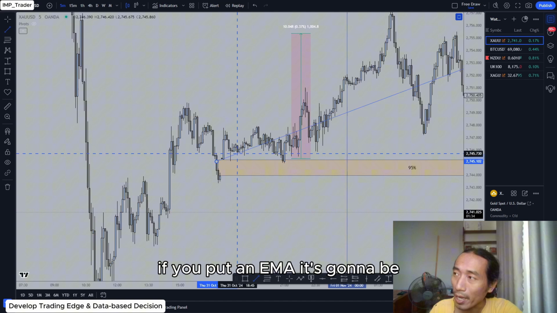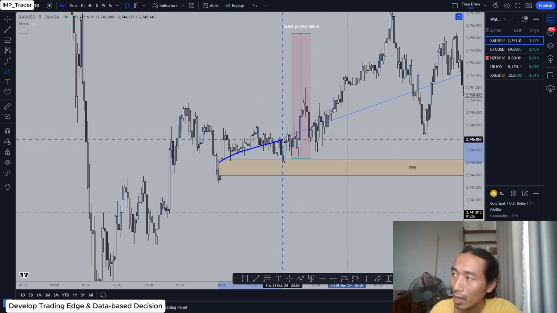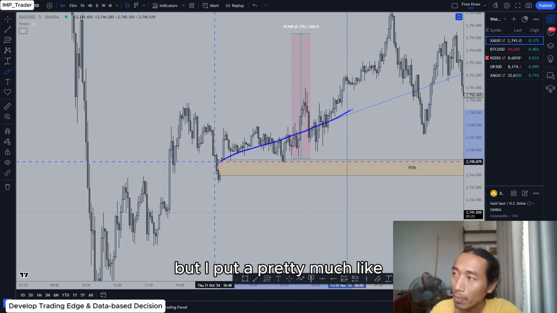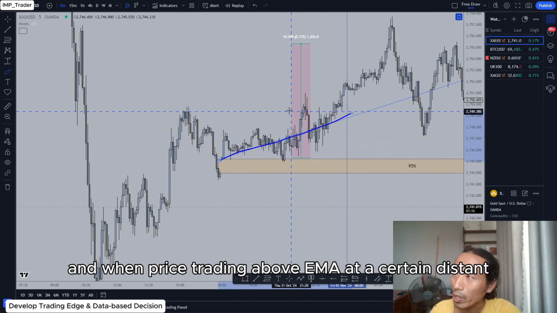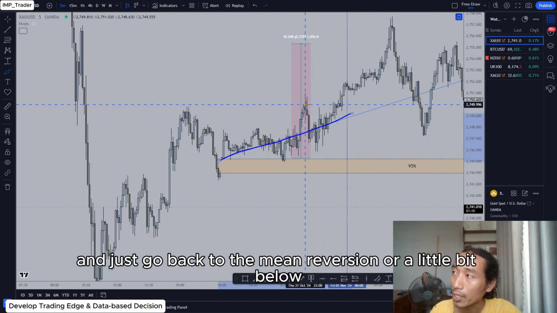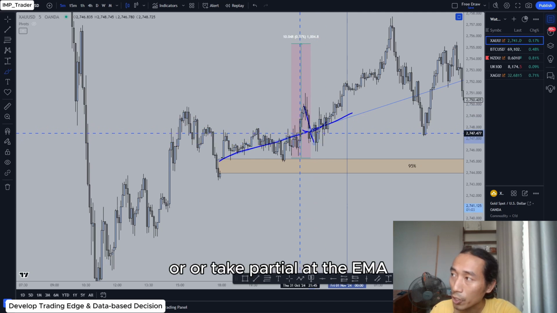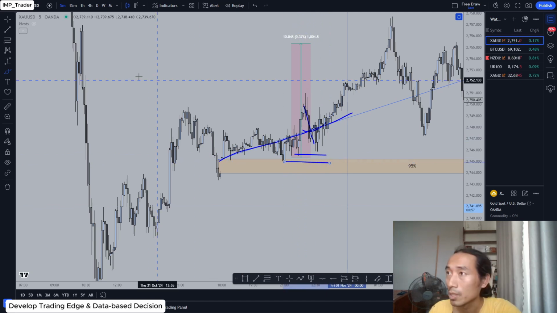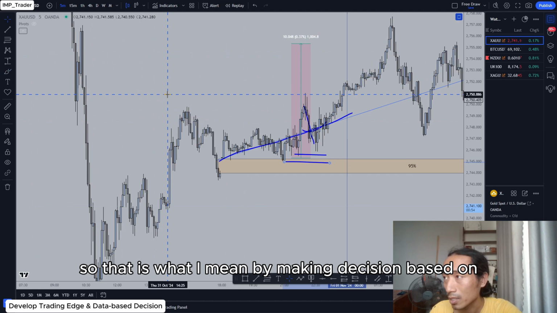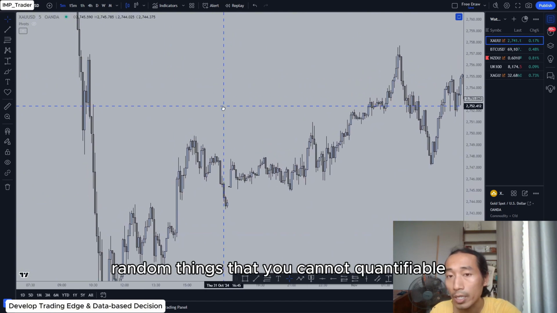If you put on an EMA, it's going to be at some value. I don't know exactly the value of the EMA, but if I put on a pretty short-term EMA, we're going to see something like this. And when price is trading above the EMA at a certain distance, I'm going to sell short and just go back to the mean, or a little bit below, or take partial at the EMA and then target the next level at the gap, something like that. So that is what I mean by making decisions based on the data itself,